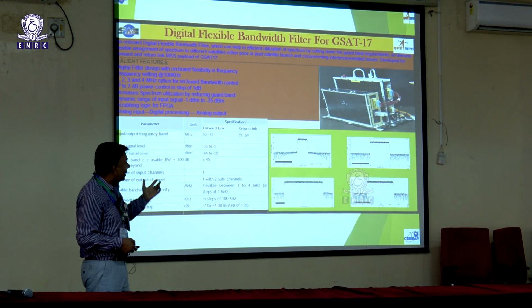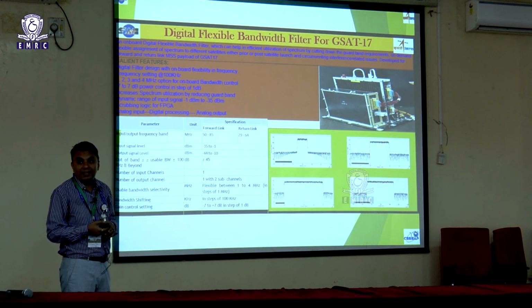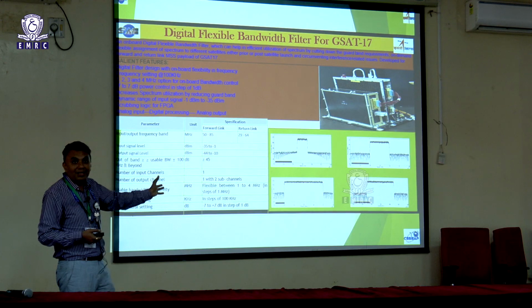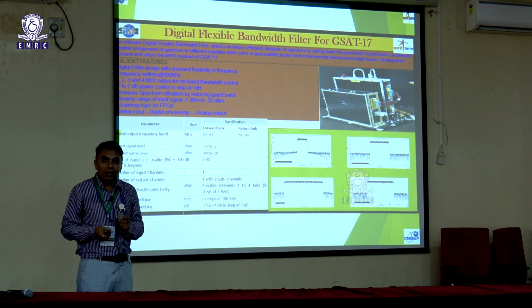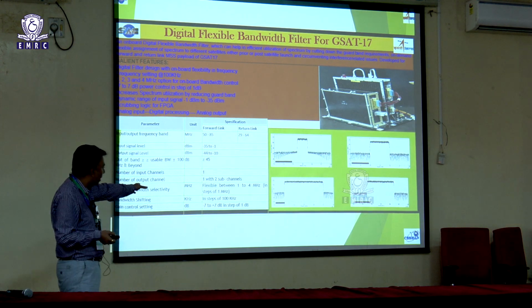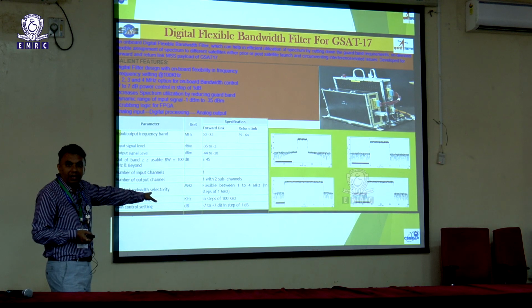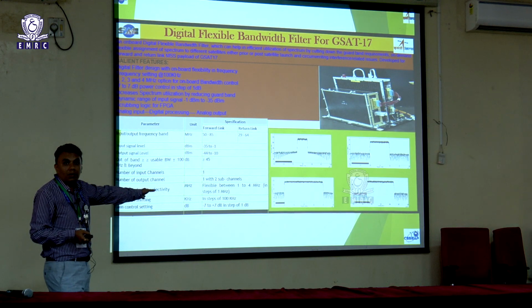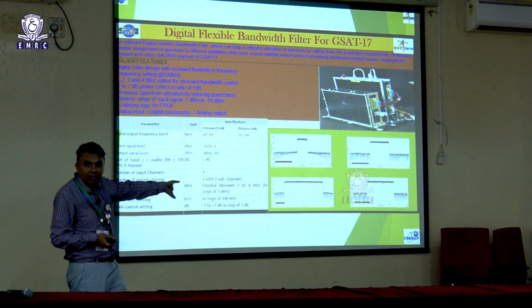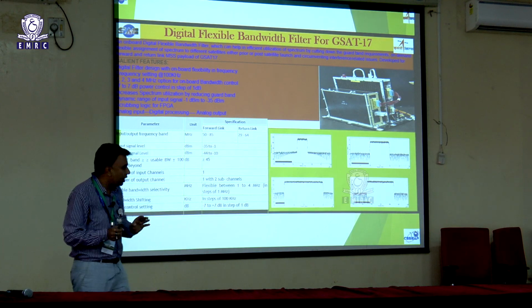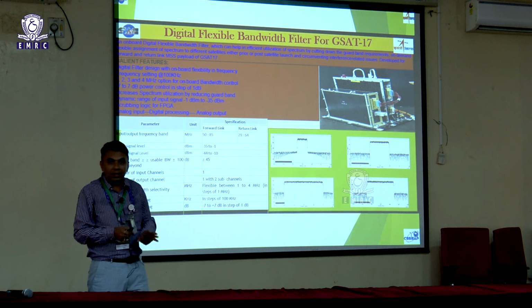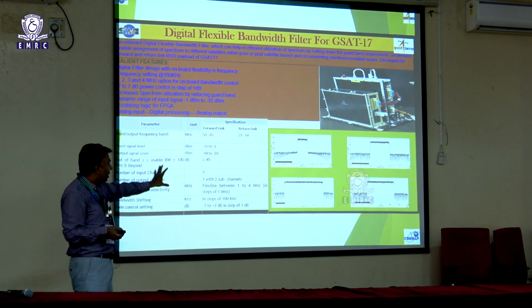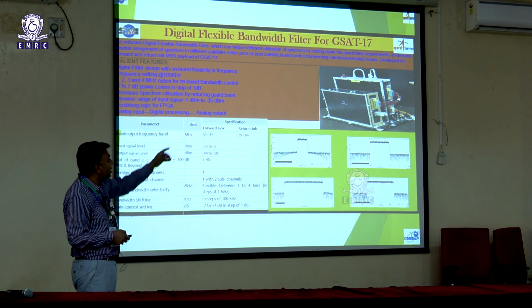Another concept we have flown is on the GSAT 17 satellite, where on demand, as I mentioned, the demand keeps changing. Now the user is demanding, sir, through command I want to change the filter bandwidth, gain, everything. Can you provide that service? So we are ready with that. This satellite is already flying for the defense user, where the filter bandwidth can be changed through command to 1 megahertz, 2 megahertz, 3 megahertz, 4, whatever you want. The bandwidth will change, the center frequency will change, everything will be programmable. So this is like an SDR sitting on board, and this has flown on the GSAT 17 satellite.